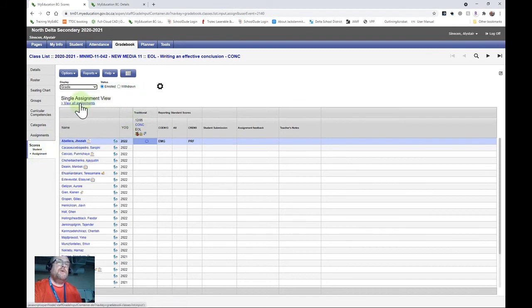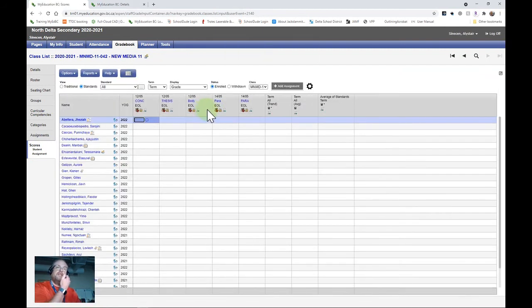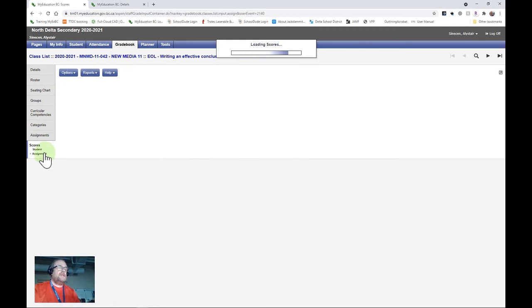So for example, if you switch to view all assignments, then you're going to see it selected by standard. But if you select just a single assignment,